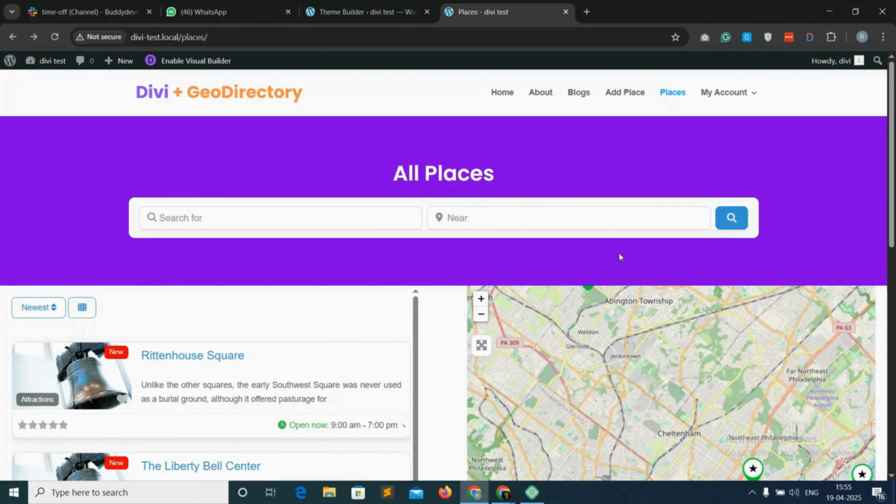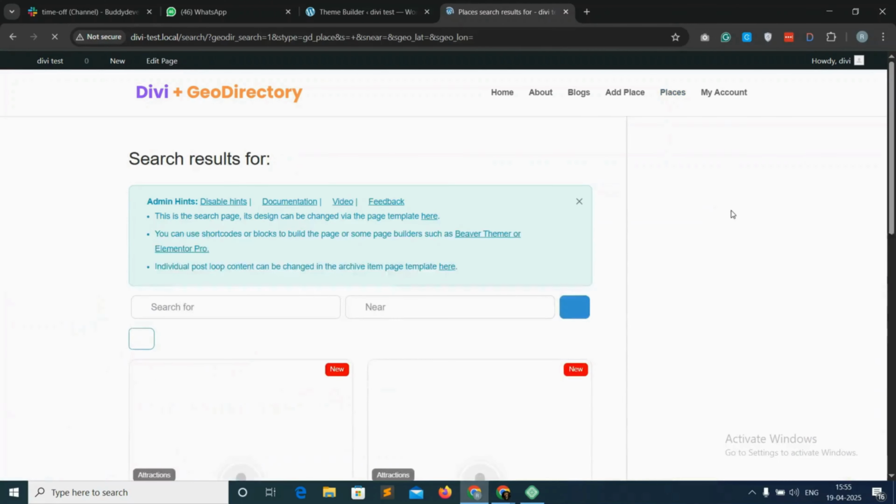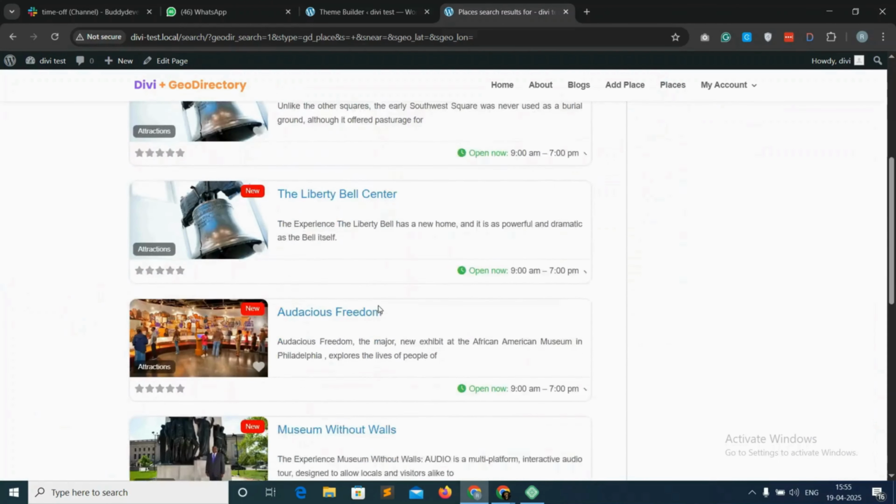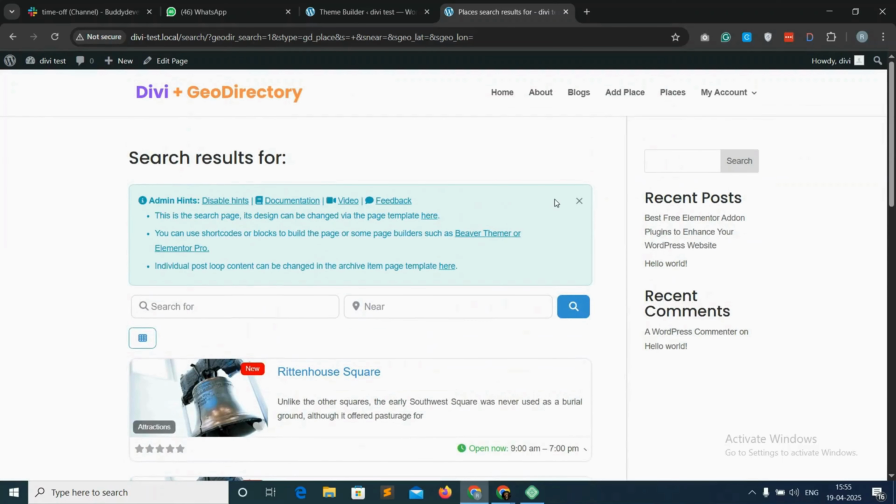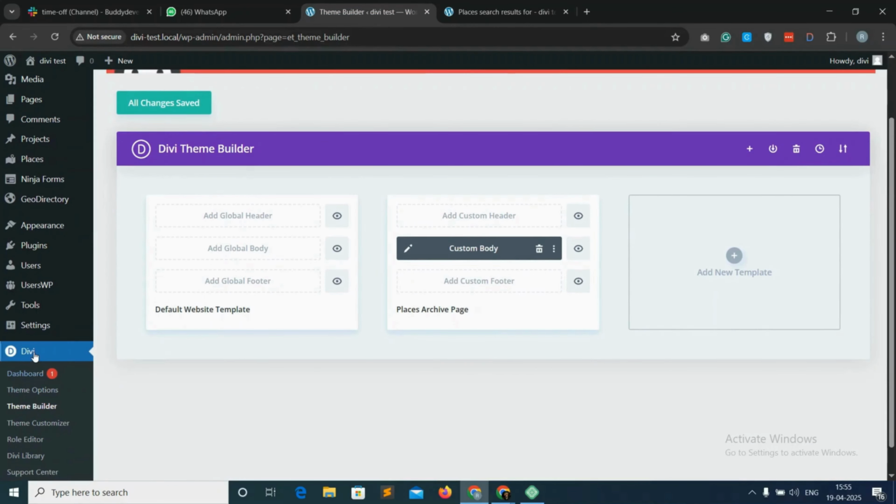So now we will be designing the search page of our directory website. Currently it looks like this by default. We will be custom designing it. So coming to the WordPress dashboard and then to Divi and Theme Builder, you can see the places archive page which we can see here. Now we will duplicate it from here, and then from here